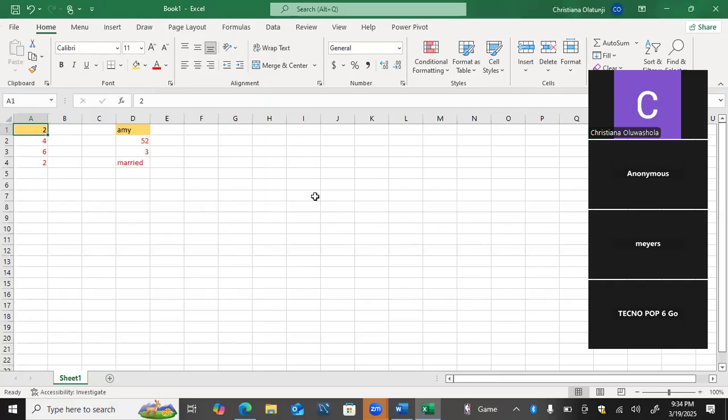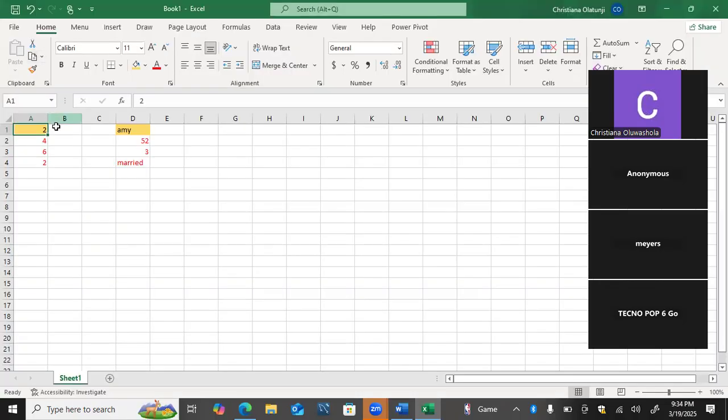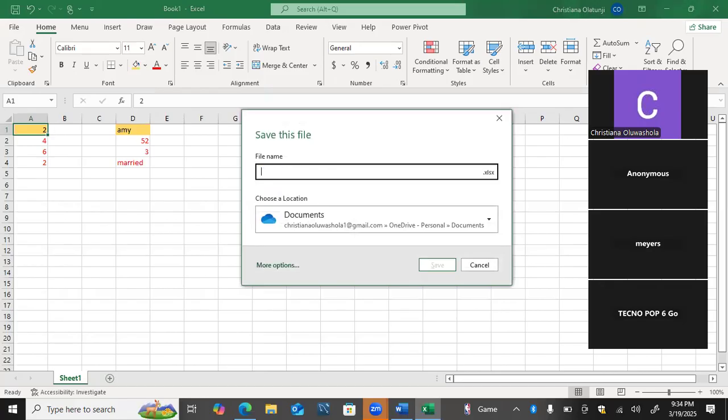So now I created it already, but then I want to save. Like we already did on the file tab. Instead of going to the file tab to press save, we can easily do Control S. Control S to bring out what you want to save as. You enter the name, let's say Excel Mastery,